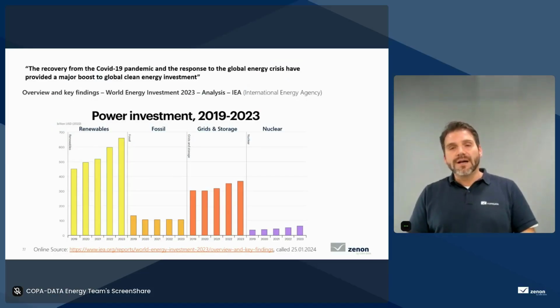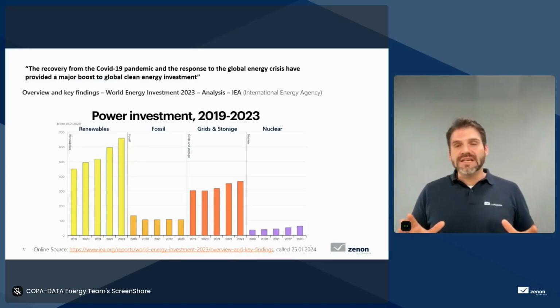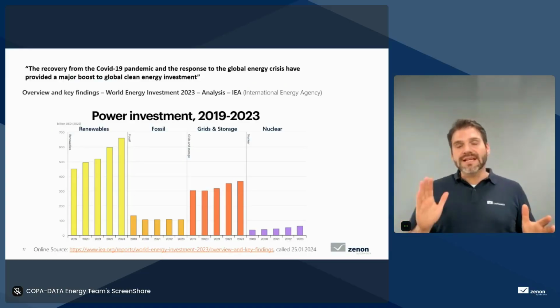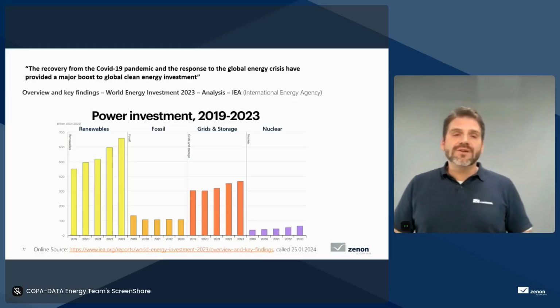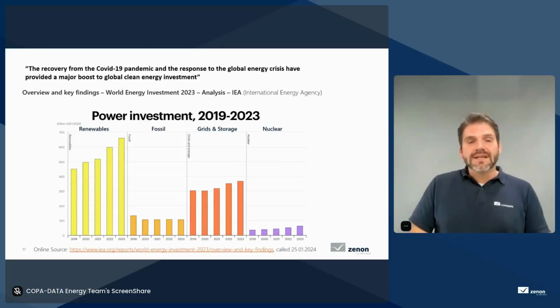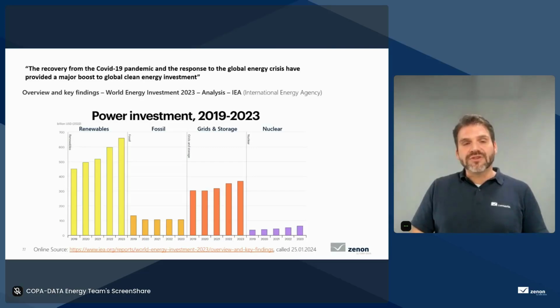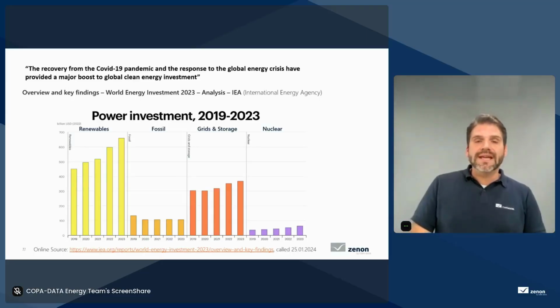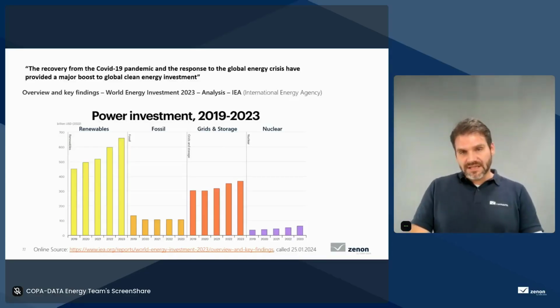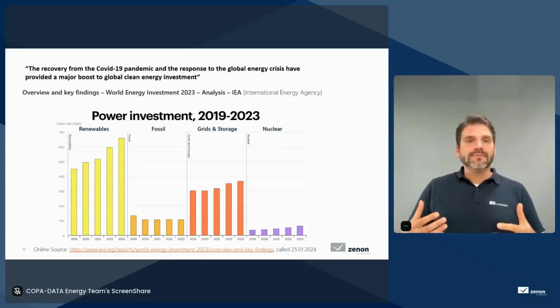And here we can see the investment behavior, the investment in power infrastructure from 2019 to 2023. Here on the left-hand side, in yellow, we see that renewables, at a relatively high level, are increasing: the investments in renewable infrastructure and renewable integration. At the same time, investments in fossil infrastructure are stable or stagnating at a rather low, comparable level. And at the same time, the investment into grids, meaning grid modernization, grid reinforcement, grid expansion, and energy